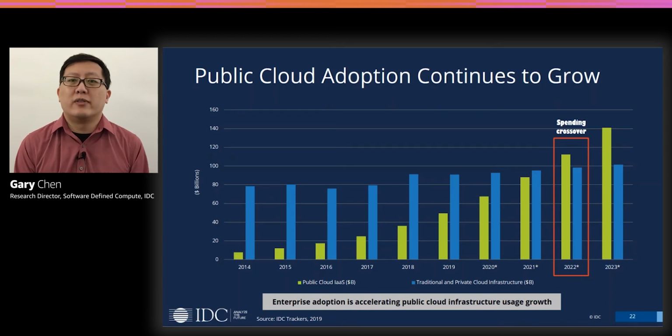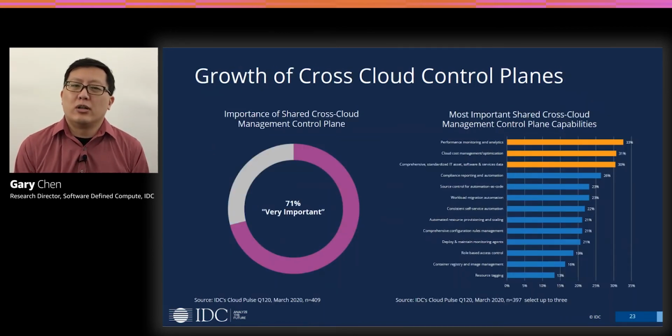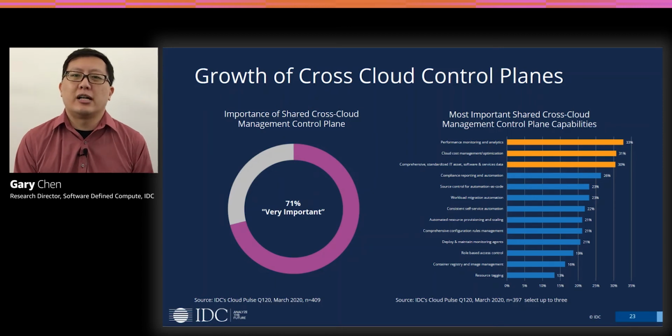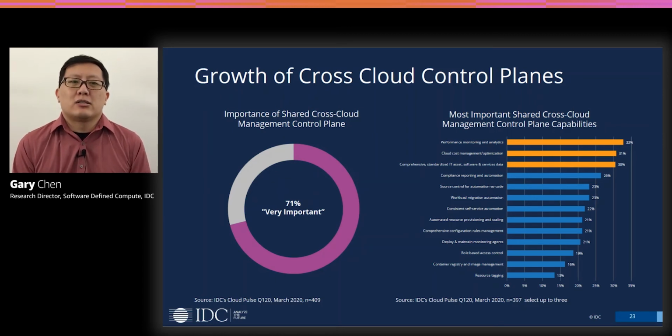But clearly, both environments are going to be around for the foreseeable future, which leads to a hybrid cloud scenario. And customers don't really want to manage on-prem and public cloud in silos, and what we're seeing is the growing importance of what we call cross-cloud control planes, which enable common management, governance, and other functions across a hybrid cloud environment. So in a recent study, 71% of enterprises indicated having this capability was very important to their strategy going